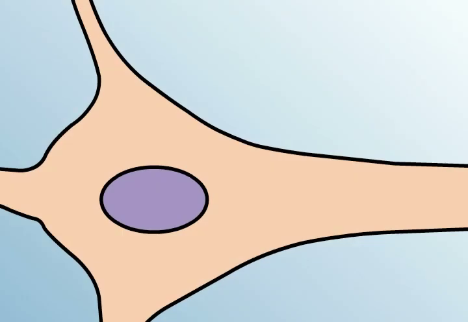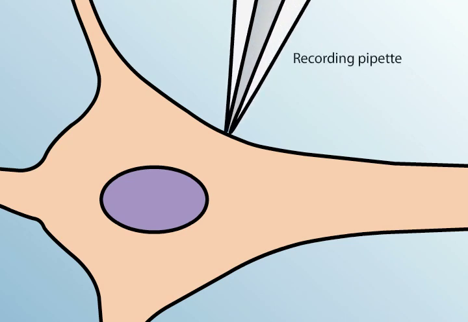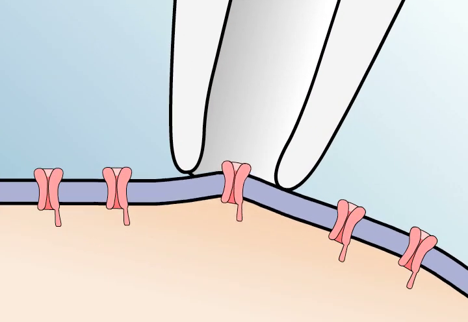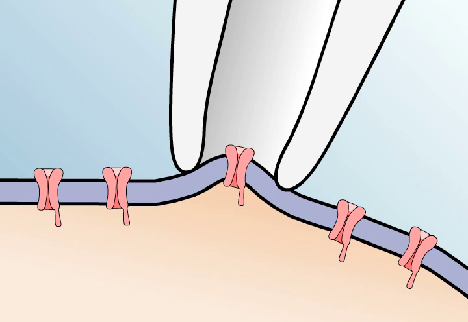The patch clamp method is used to study the properties of a small patch of membrane. In this technique, a glass pipette with a very small opening is used to make tight contact with a tiny area or patch of neuronal membrane. After the application of a small amount of suction to the back of the pipette, the seal between pipette and